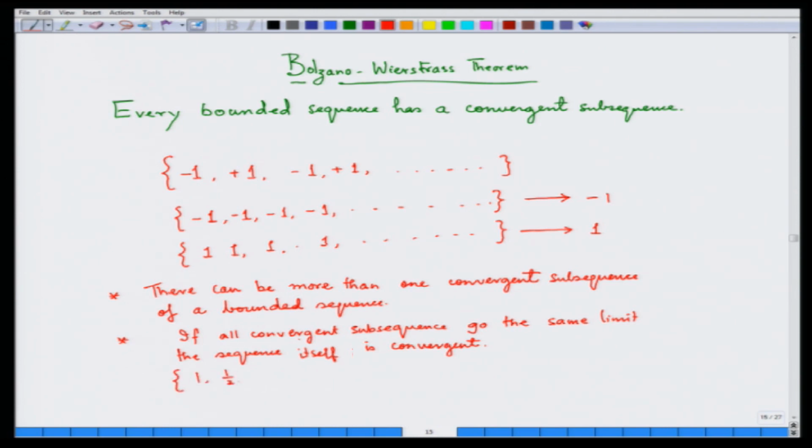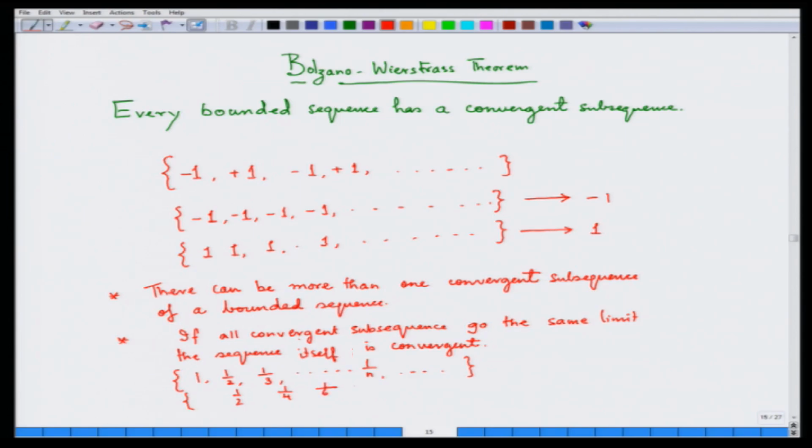For example, you take this sequence which is also familiar. I am just trying to give you examples of easy sequences. We will give some harder sequences in exercises which you can try out, but they would not be so difficult. So, if you take this sequence, you take the subsequence say 1/2, 1/4, 1/6, 1/8, 1/10 and so on. But where does this sequence go? This subsequence is going to 0. So, whatever subsequence you choose from here, all of the subsequences are going to 0.